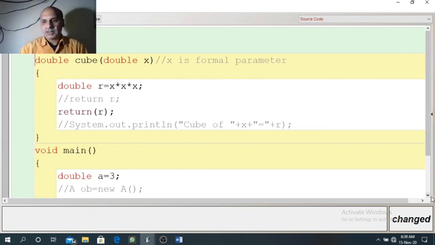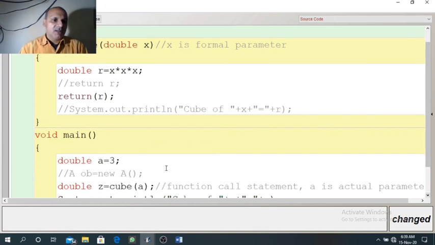So for calling one instance method from another instance method, it means we are calling the cube method, which is an instance or non-static method, through another method, void main, which is also a non-static method. For calling a non-static method from another non-static method, creation of an object is not compulsory.